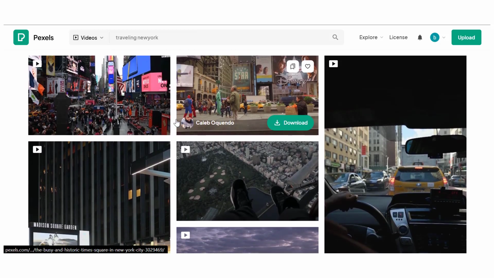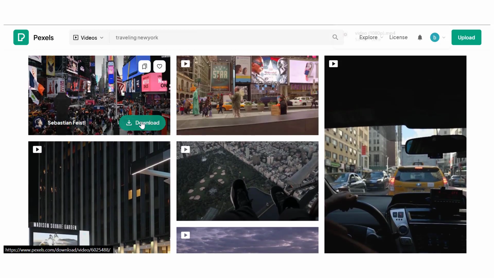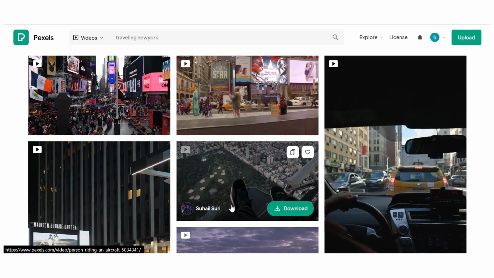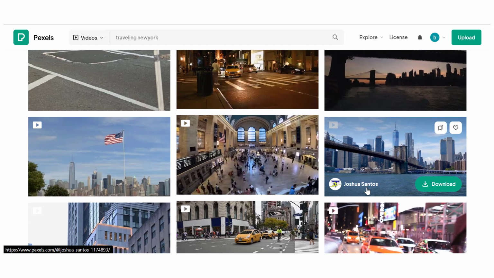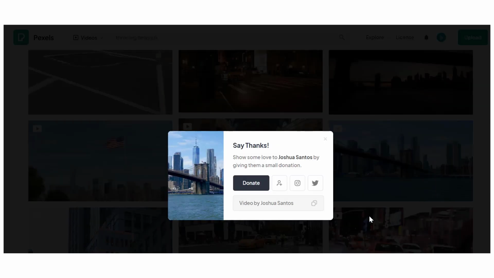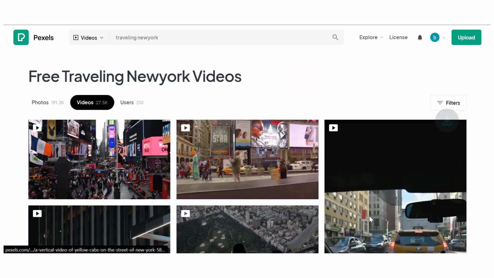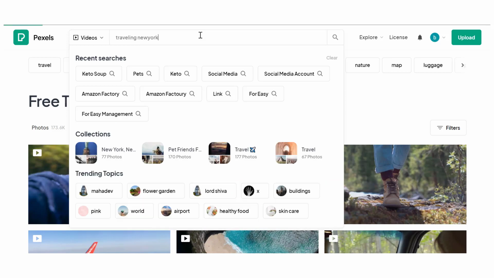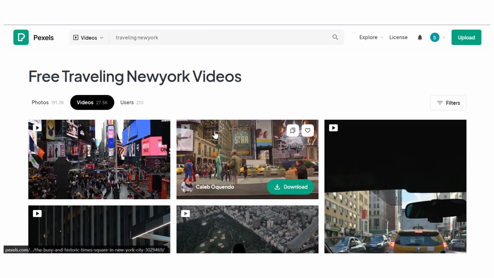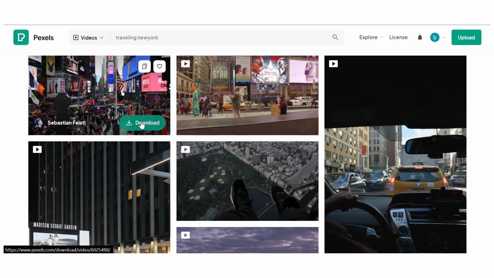Then, I'm going to just pick the ones that I like, and I'm going to save them. When you find a video you like, you can just click Download. I'll just use the one that they have selected, usually, that works perfectly. I'm going to go on and find more videos, so just repeat that process. I'm just going to download a couple of these. Click on the ones I like, and I'm going to click Download each one of the videos for my YouTube